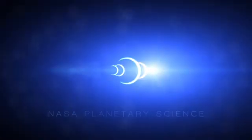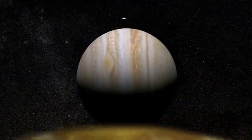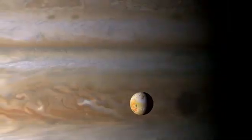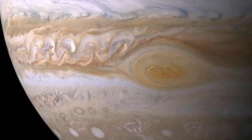My name is David Choi, and I study the weather on giant planets. When we look at Jupiter, we're seeing the top of its atmosphere and its weather layer. And its weather layer contains a lot of interesting features such as jet streams, vortices, storms, and these particular features